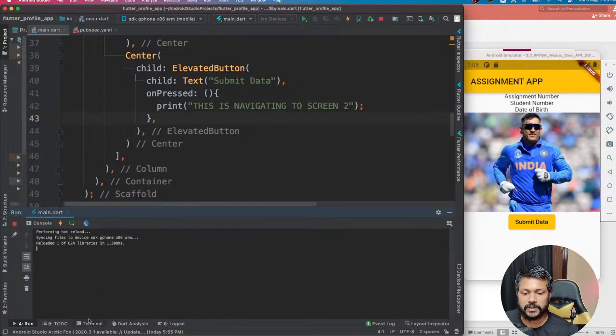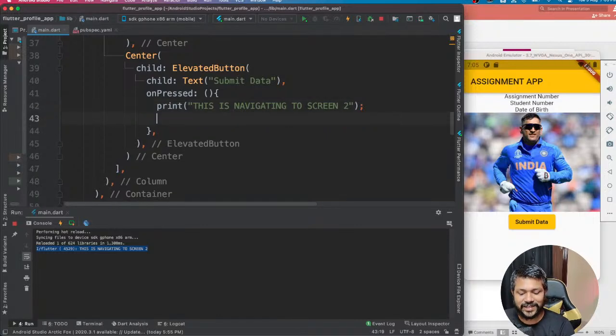We'll open this up a bit, and it'll just say click here. It'll just print the data. It's saying that this is navigating to screen 2. Now it's printing the data, but nothing is happening. I want to now make it happen. So there's going to be a class called navigator, and this navigator class is very, very important for us to do the navigation or do this routing for us. So how we do it is just say